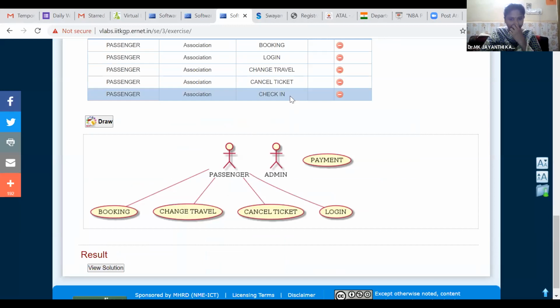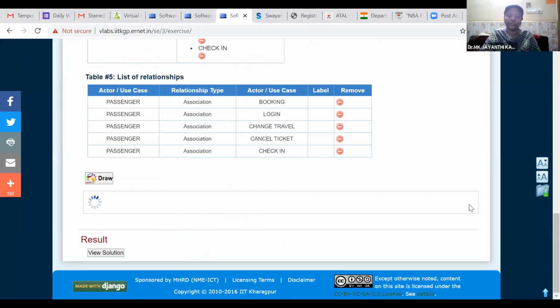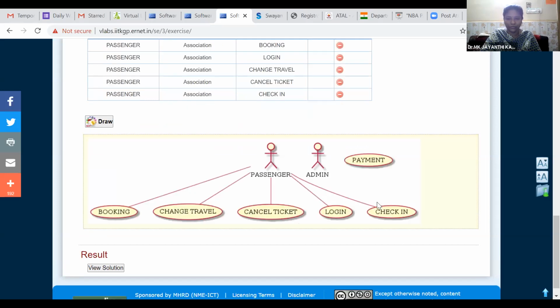That is added. Now if you redraw the diagram, we added one more method called check-in. So the passenger is accessing check-in also.